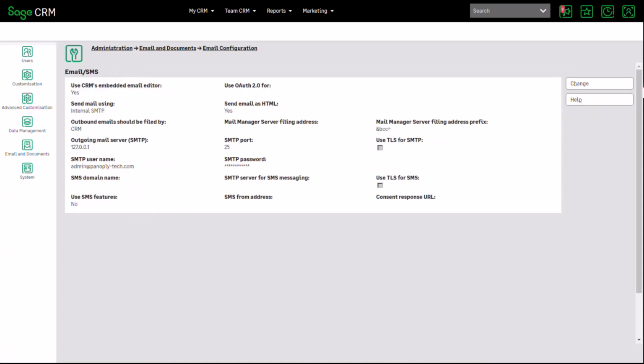And as you can see here, this is where we start to decide whether or not we want to use the email embedded editor, or rather CRM's version of an editing screen. We can just click now to start to edit and look at the information here. What if we were to decide not to use the embedded email editor? This is perhaps